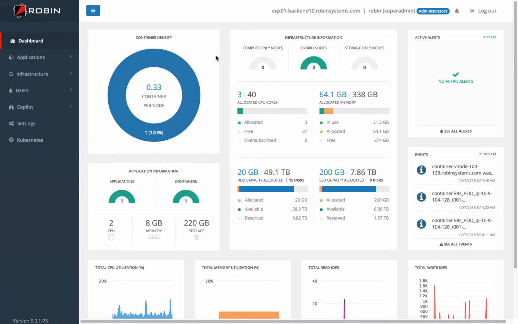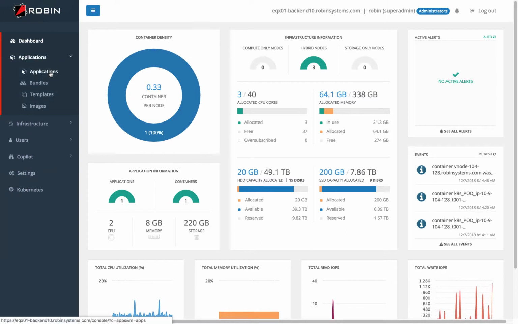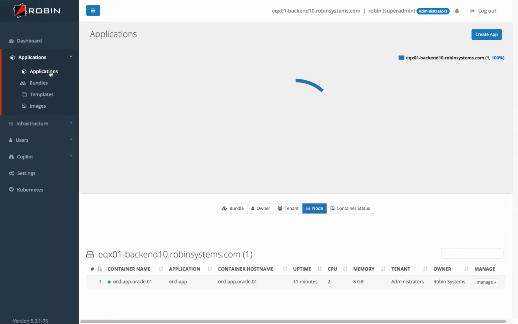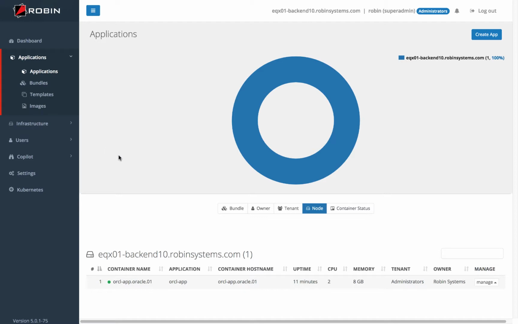In this demonstration, we want to take a look at Robin's capabilities around helping to ensure high availability for non-RAC Oracle database instances, both in terms of planned as well as unplanned downtime. So if we go to the application screen and take a look at a single instance database that we have out here, we can see the physical node in the Robin cluster on which that container is currently deployed